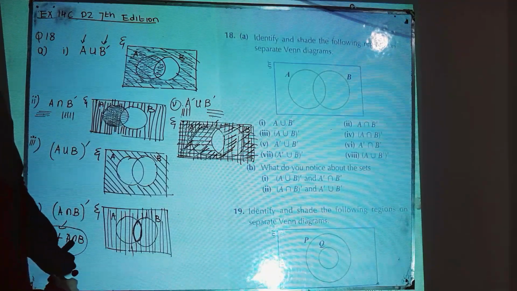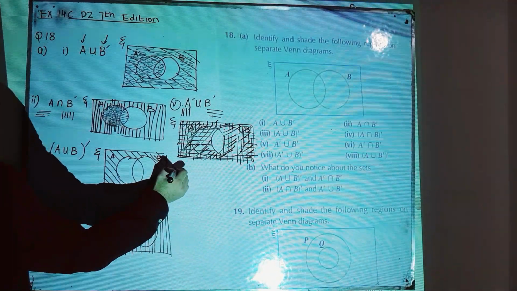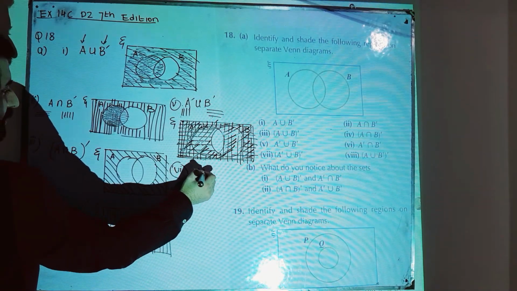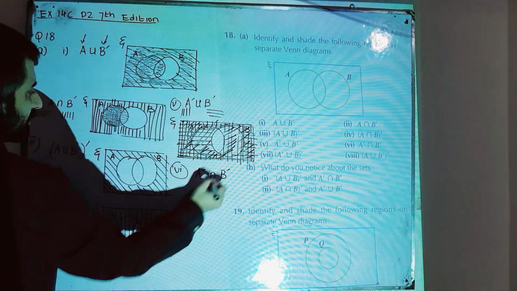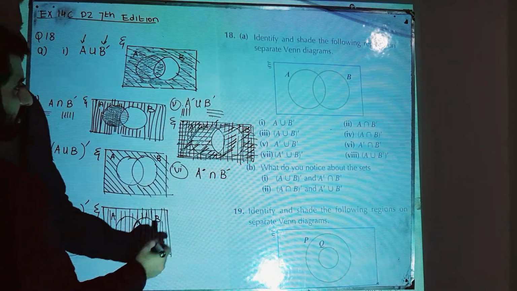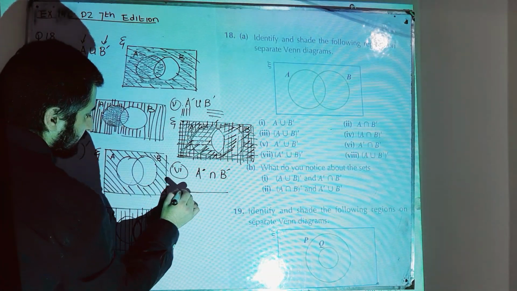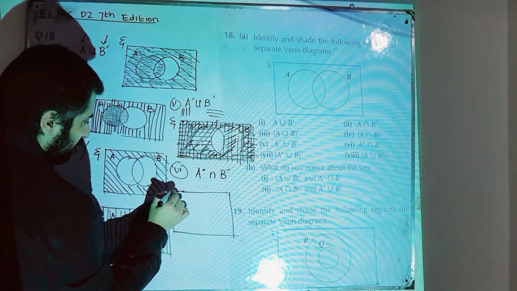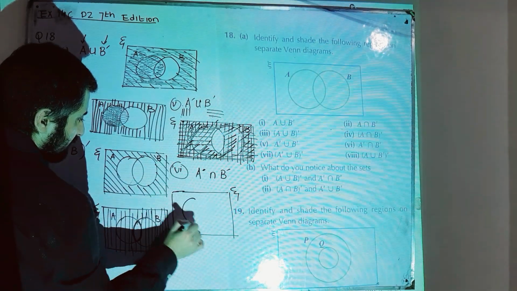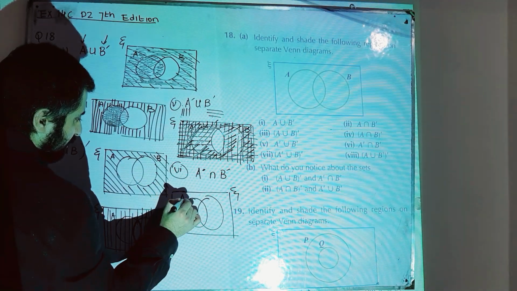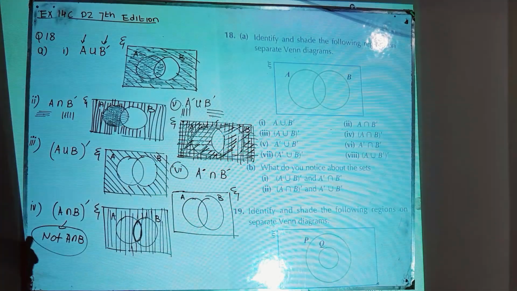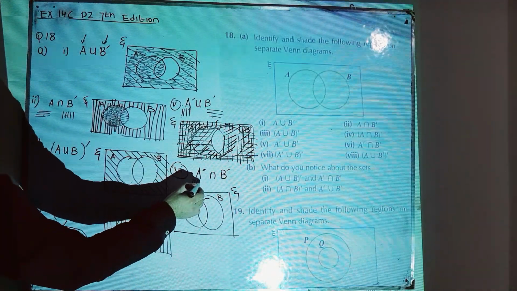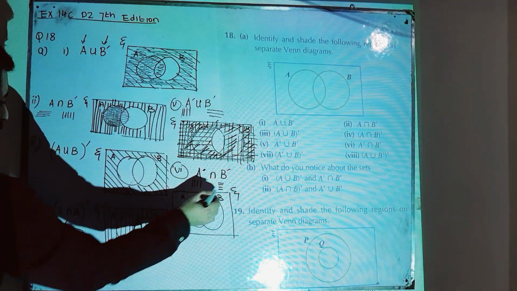Then part number 6, and that is A complement intersection B complement. Okay, draw a Venn diagram. Should I find more space over here? Okay, that will be enough maybe. This is the universal set, the set A, the set B, represented by A and B. Now for A complement use vertical lines as above, and for B complement use horizontal lines.